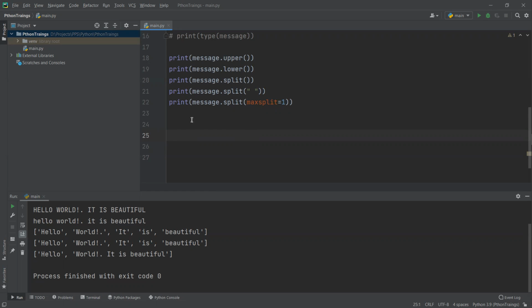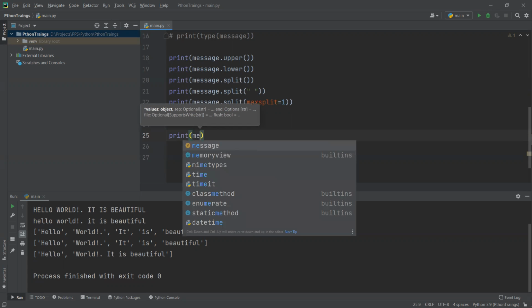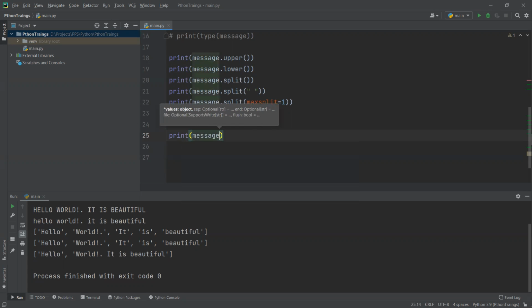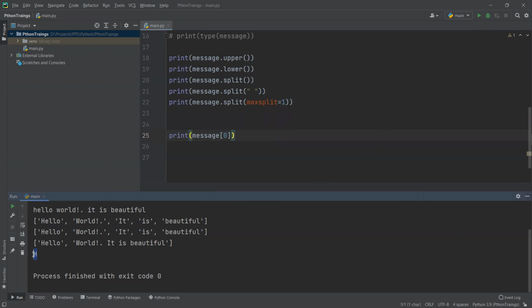Okay, so I want to print a specific area of the string. While I'm printing it, right? So message. If I want to print a character, I'm going to take 0. What will it print? See the last one, right? H. If I want to keep any label for this, I can pass this one as